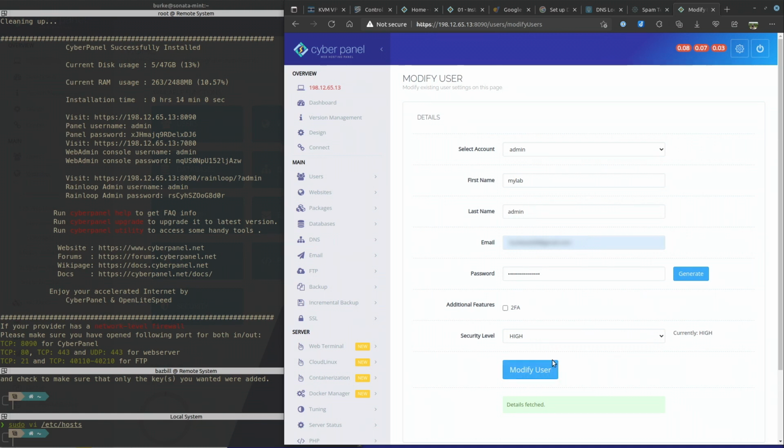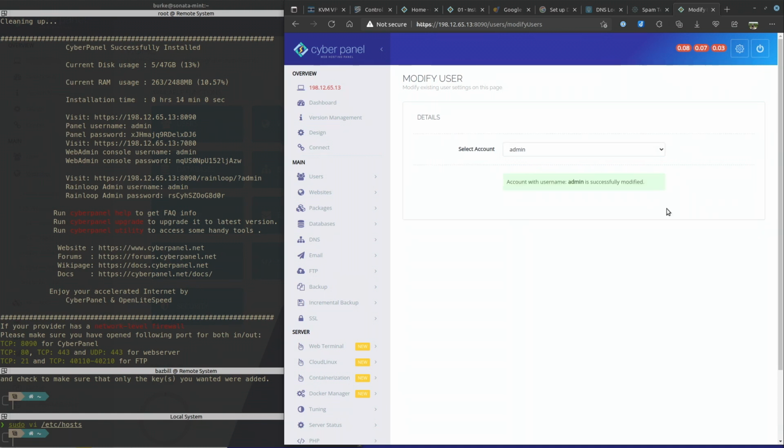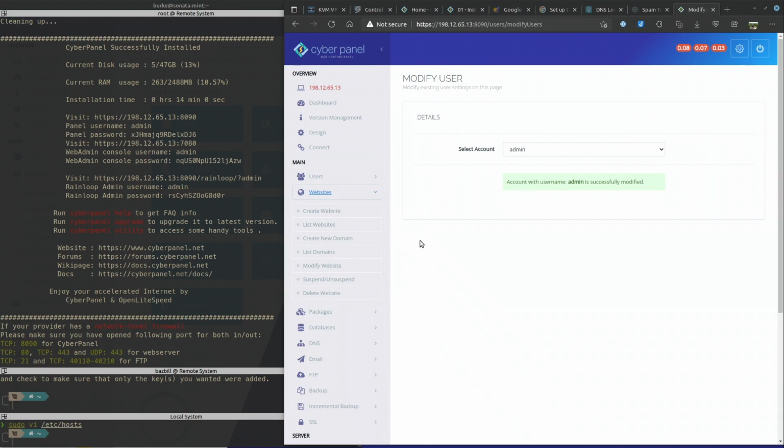Just go ahead and click on Modify User so that it updates with the valid email address for any kind of notifications here. Okay, next we want to create a website to act as a container for all of our DNS stuff, and it's also going to be our email server and root website for the root domain. We will create website,